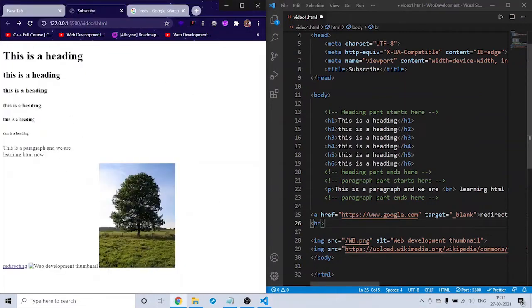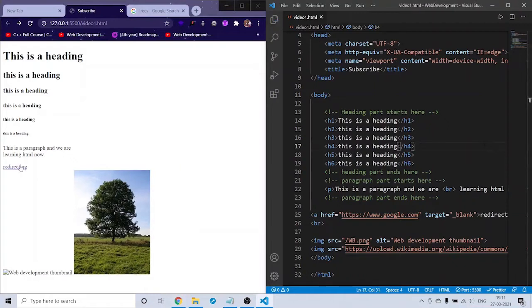I gave the br tag after this link. When I hit save, see, this went up and here we got a new line, and in the new line we got this image and this web development thumbnail. And then we learned about a, which is nothing but links, and about images, how we show images on our web pages.